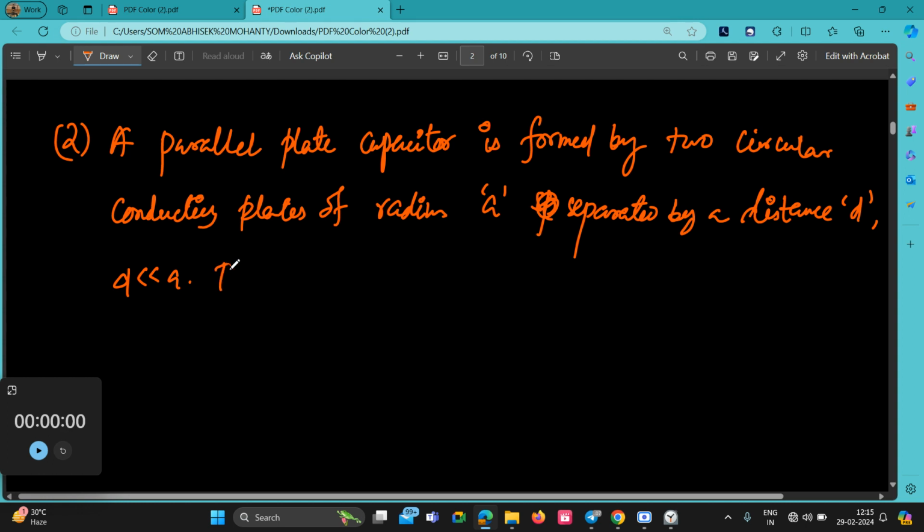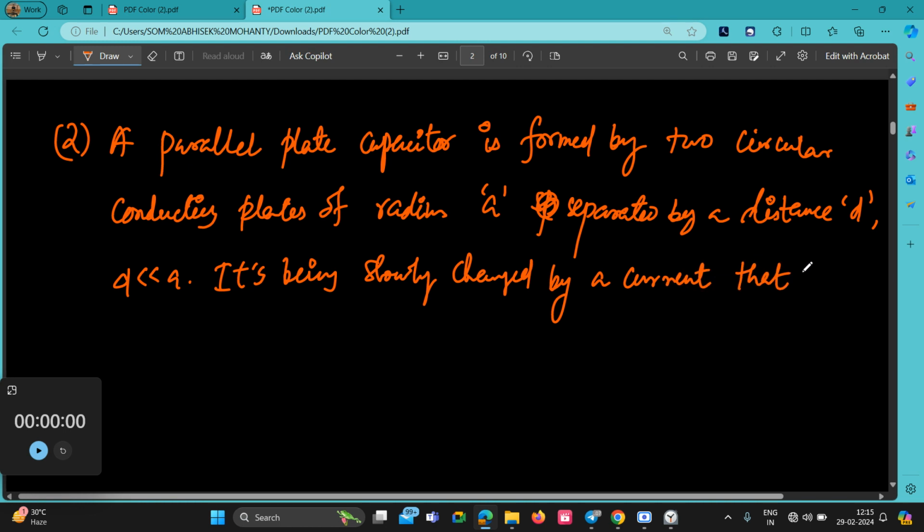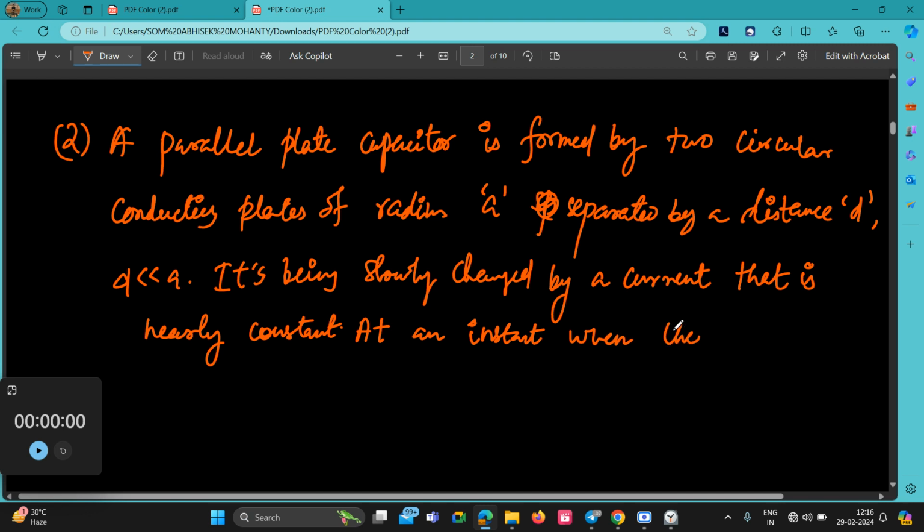It is being slowly charged by current that is nearly constant. At an instant, when the current is I,